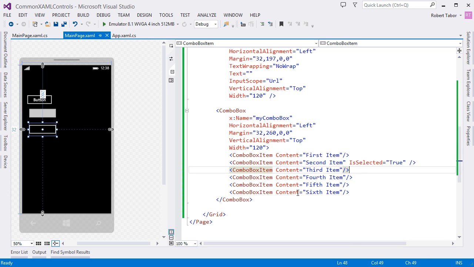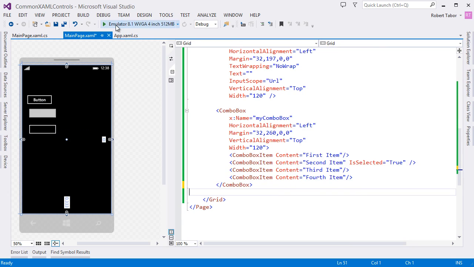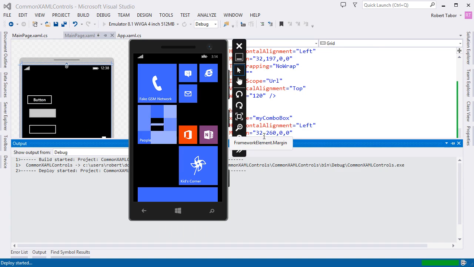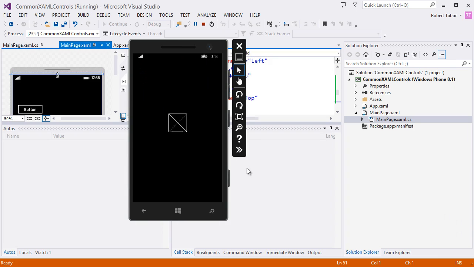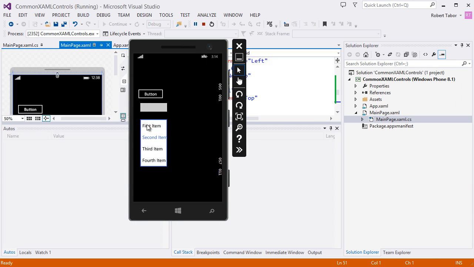You notice that flyout popped up. If I were to remove, I think if we go with fewer than 5 items, that instead of seeing a flyout with all the options, we'll simply see just a drop-down list. Okay, so just note